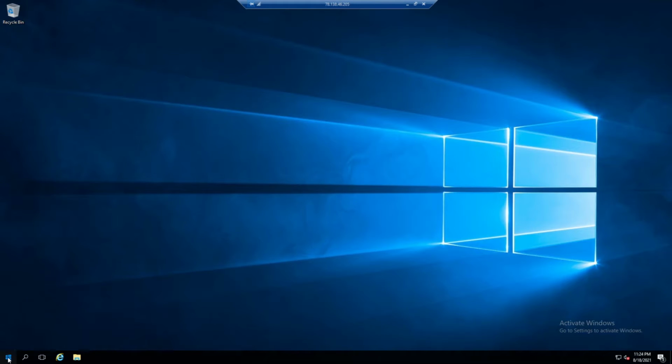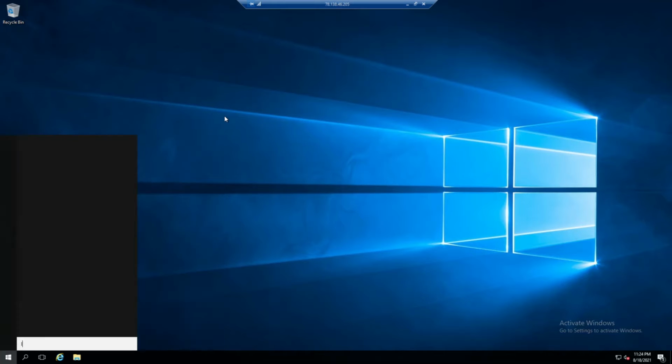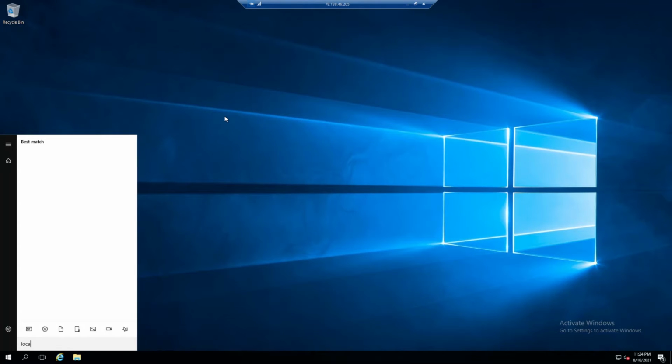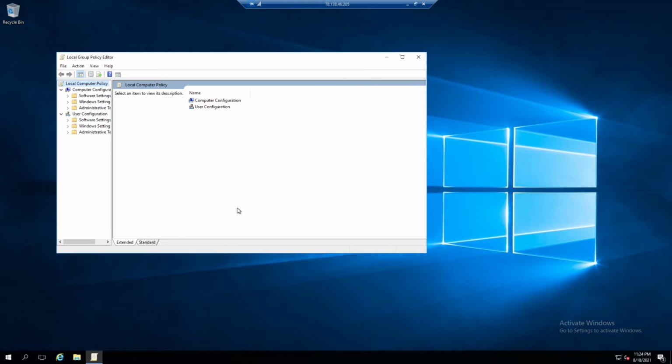Alright, and now that we have that installed, let's go ahead and open up our group policy editor. So let me just do a search for group policy editor, and here we go. So we have edit group policy, so we'll go ahead and select that, and now we'll work our way down